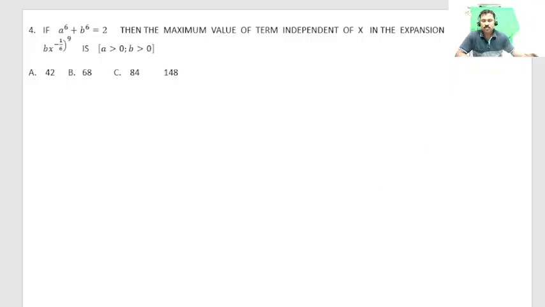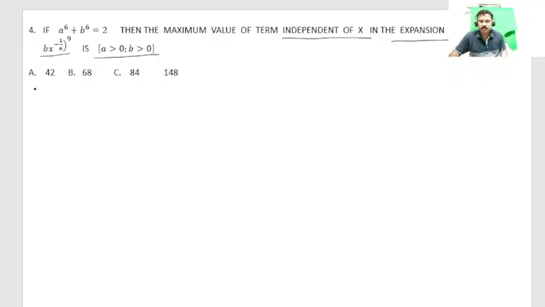Here a to the power 6 plus b to the power 6 equals to 2. Then the maximum value of the term that is independent of x in the expansion of (a x to the power 1/3 plus b x to the power minus 1 by 6) whole to the power 9. Here the criteria: a greater than 0, b greater than 0. Okay, so